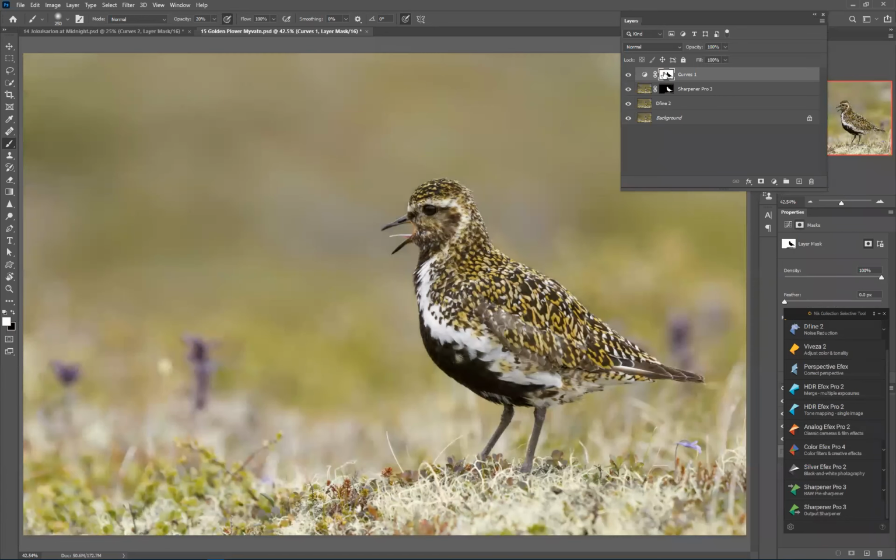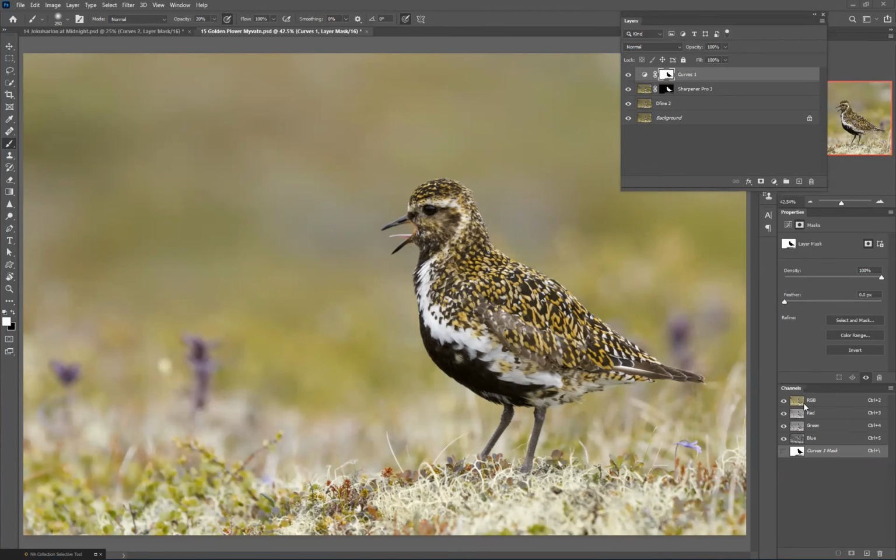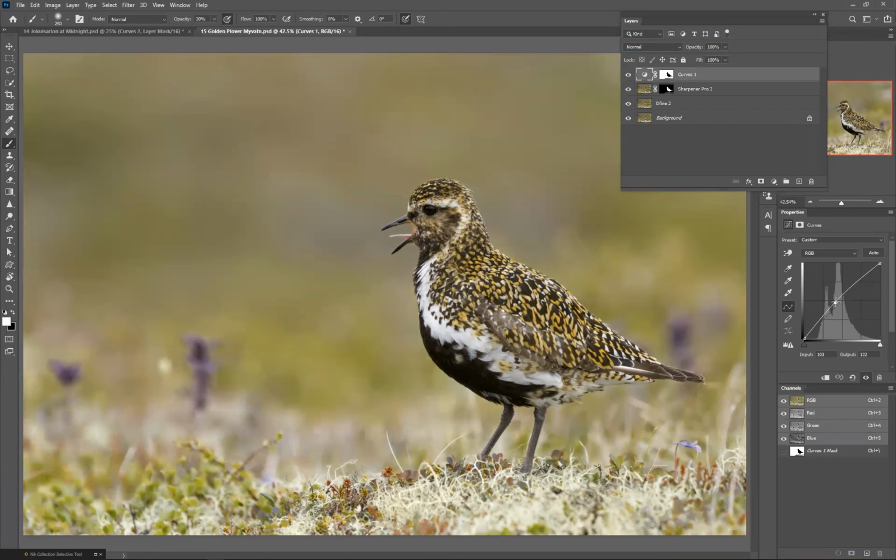Let me invert the layer mask. That's what I want to do. Because now, let's get rid of the next stuff. What I'm doing now is, click on that one, I'm just simply brightening the background and leaving the foreground